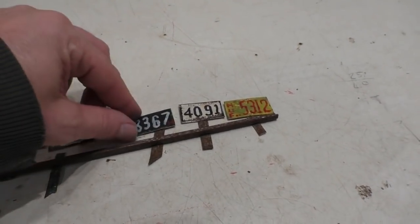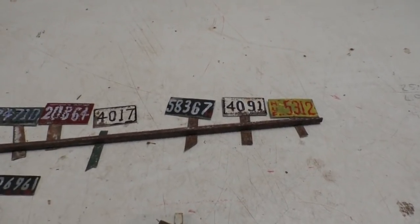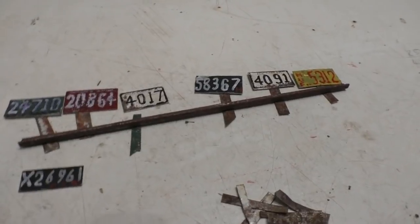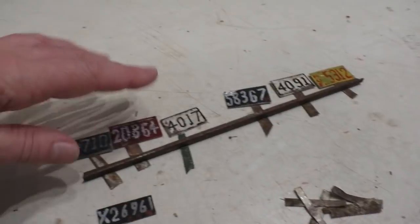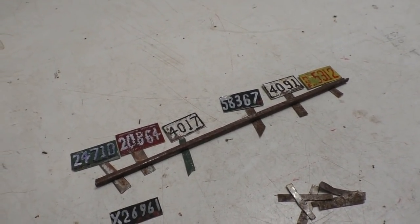I did this stuff off camera, and I just gotta pretty much attach them to these uprights here. So I'll clean those up and glue them on, and they can be left outside to weather as well. I'm putting a fair bit of effort into these plates because they're an important part of the truck,